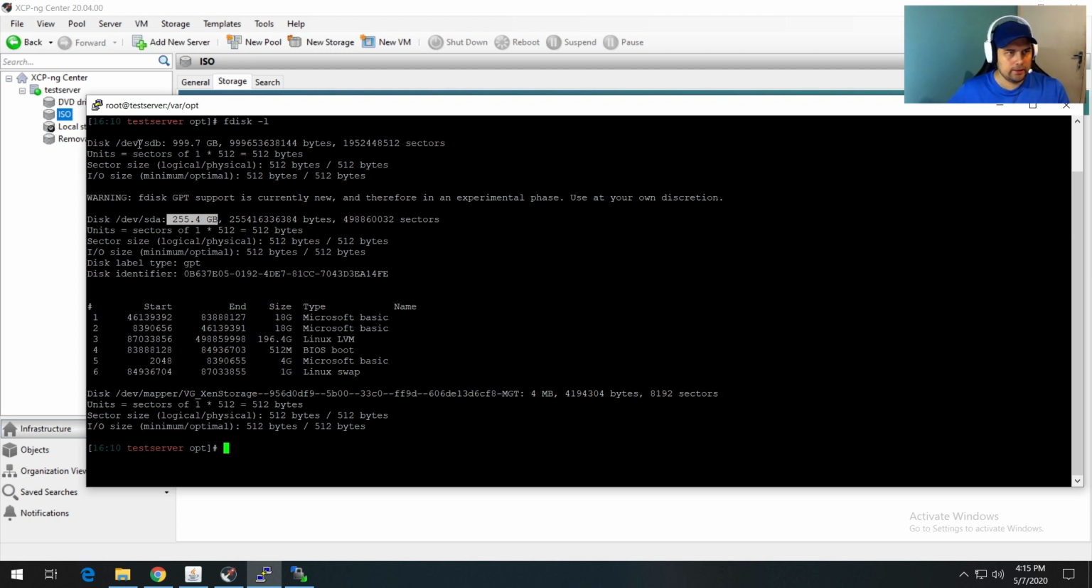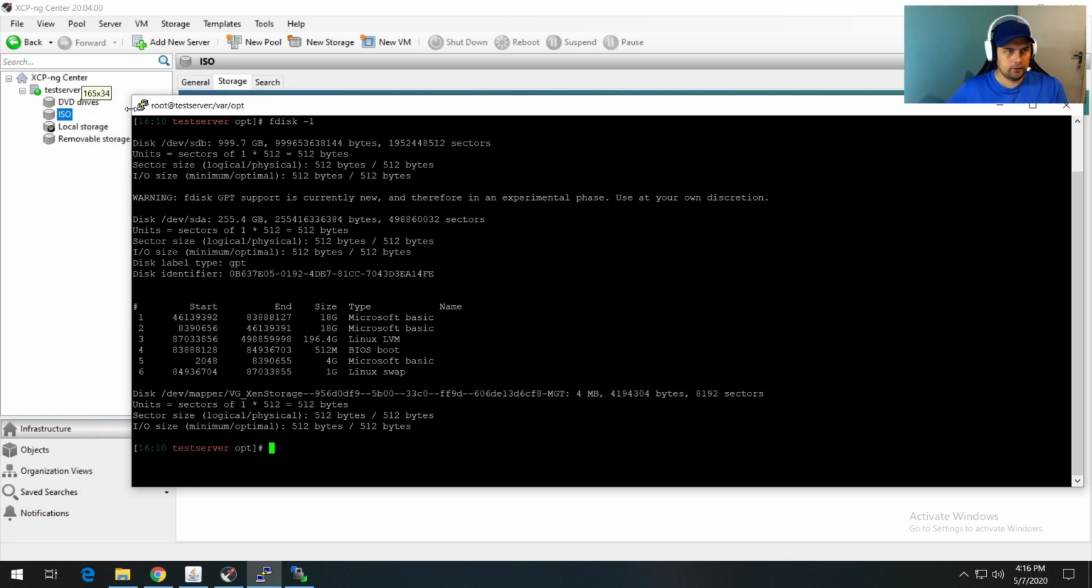The next one is the SDB. This is the one I want to add. As you can see, it's 1 terabyte. And what's important is this piece. So to add this hard disk, I'm going to use the following command: xe sr-create, and the content-type is user, device-config:device= and now I'm gonna point at the hard disk we're trying to add. In this case, it's gonna be /dev/sdb